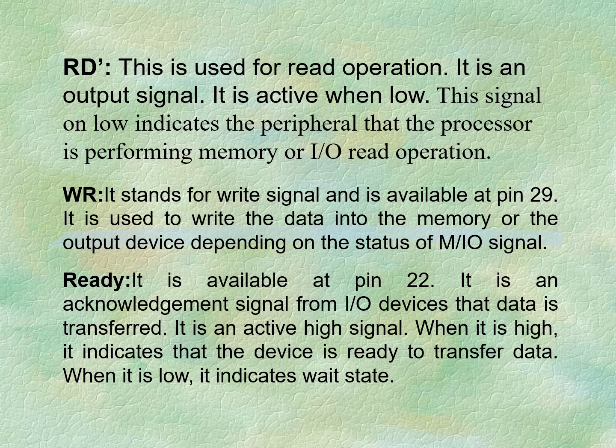Next, very important control signals: read, write and ready. Looking into the read, it is an active low signal. So we know what an active low signal is: the signal gets active once you give a low signal. So when I give 0 to the read pin, it starts reading from either memory or an IO, input output device. Similarly, write. It is available at pin 29. Again, it is used to write the data into the memory or into the IO device.